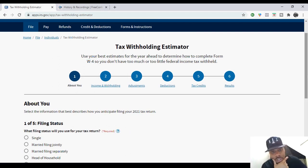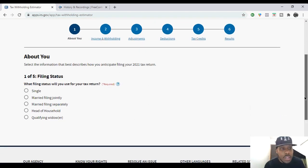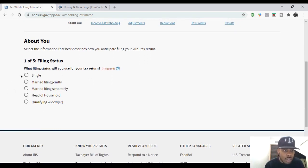Use your best estimates for the year ahead to determine how to complete Form W-4 so you don't have too much or too little federal income tax withheld. So this is all about the federal income tax, you being able to control one of the only controllable taxes that there is, which is federal income. About you. Select the information that best describes how you anticipate filing your 2021 tax return. So in this case,